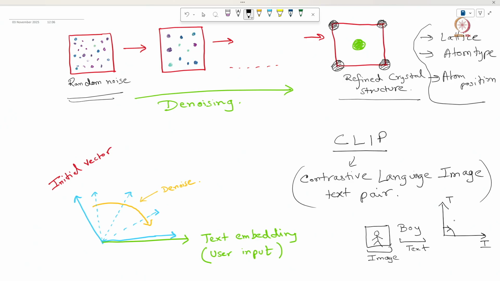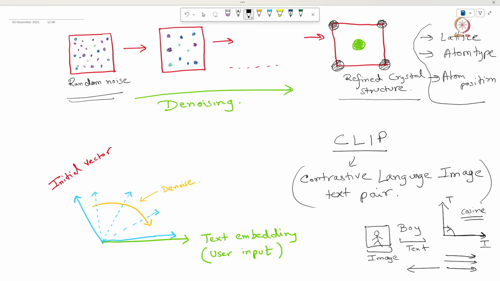As we know, there is something called cosine similarity. If the dot product between two vectors is 1, then they are perfectly aligned to each other. If the dot product is -1, then they are perfectly misaligned.